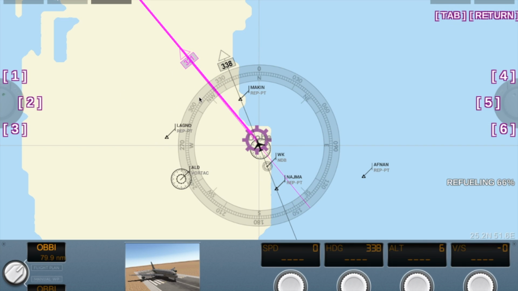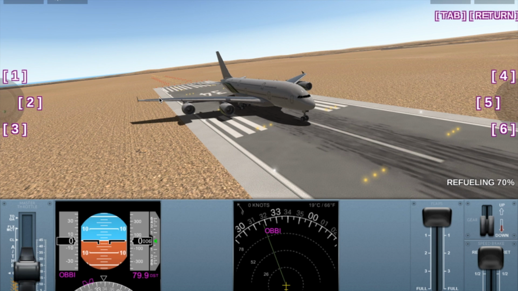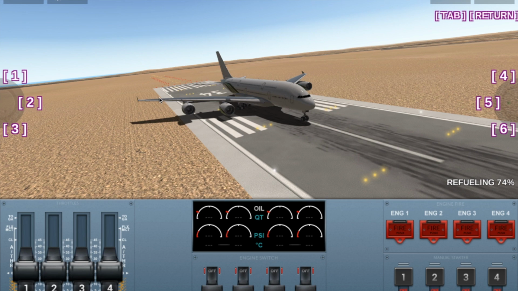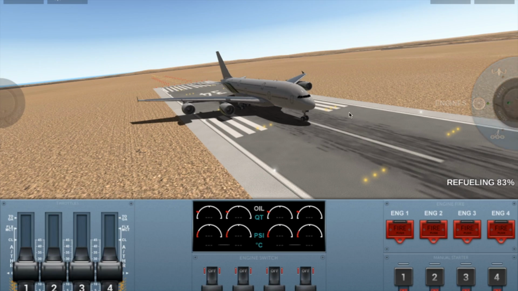If you hit 2, you go to fuel and assist managers. 3 is landing, radar. 4 is just the plain normal view. 5 is engine startup. And 6 is the landing tab. For each of these, I'm going to show you exactly what keyboard controls you're going to need to